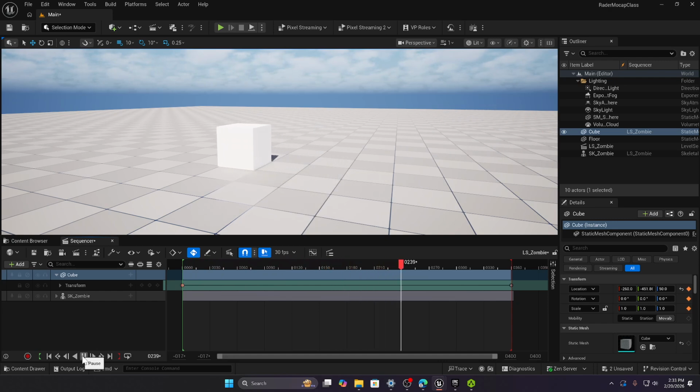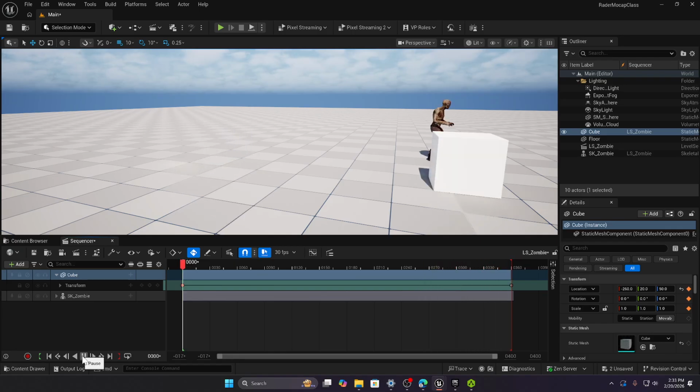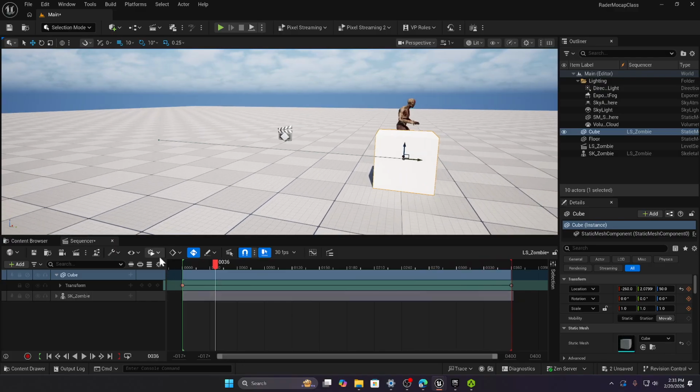This is a little bit too long. Now you should start to see it decelerate right here. And then it finally comes to a stop. It's a little bit hard to visualize, but Unreal Engine and all animation software that deal with keyframes,